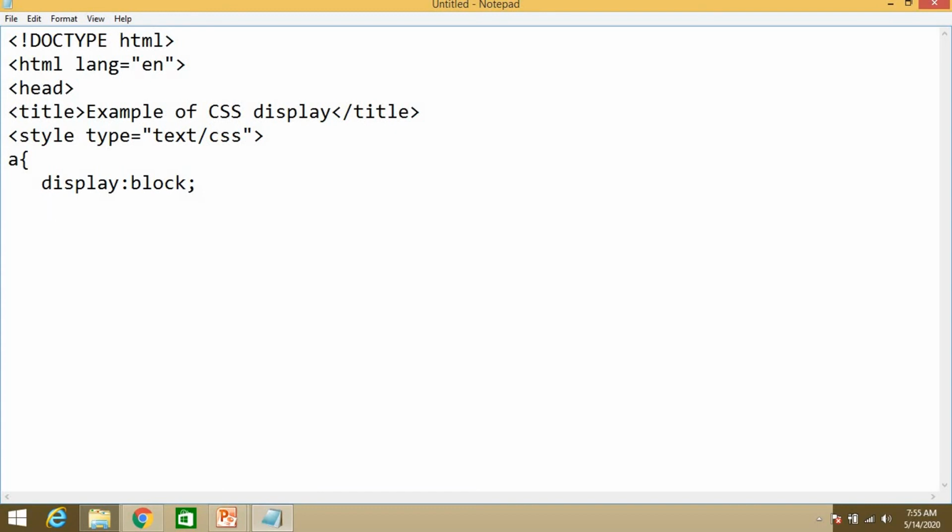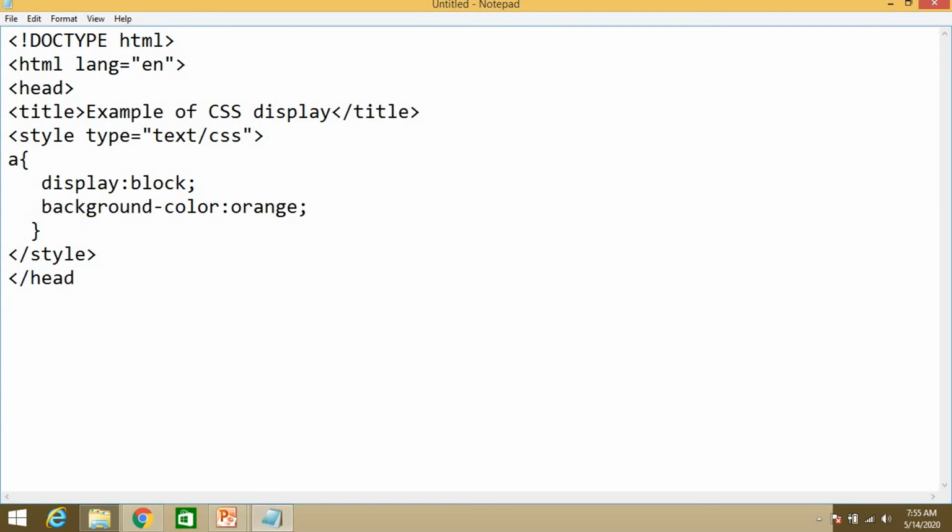I am using the block value over here. And then background color, the background color I am writing is orange. Okay, so whenever I am applying this anchor tag, a, this will be applied. Closing this style tag.